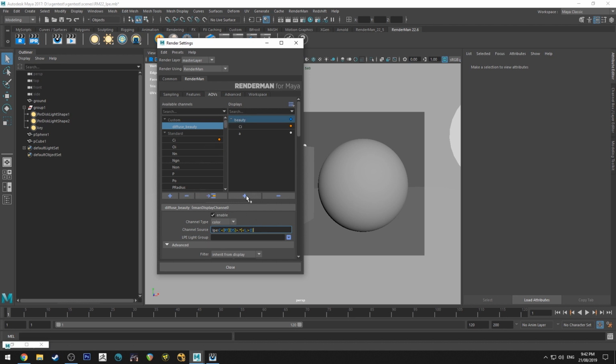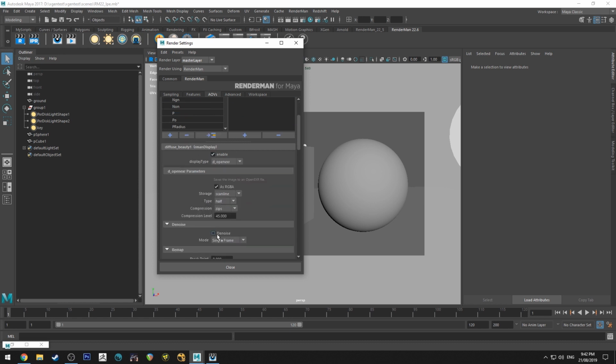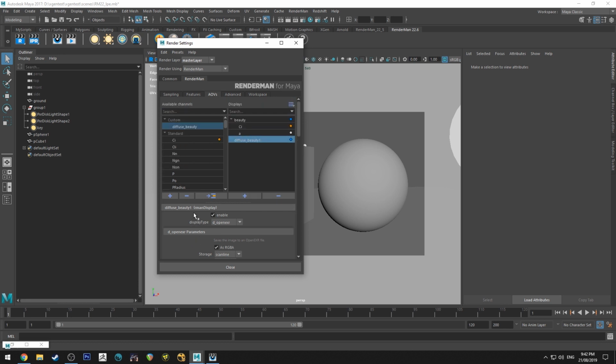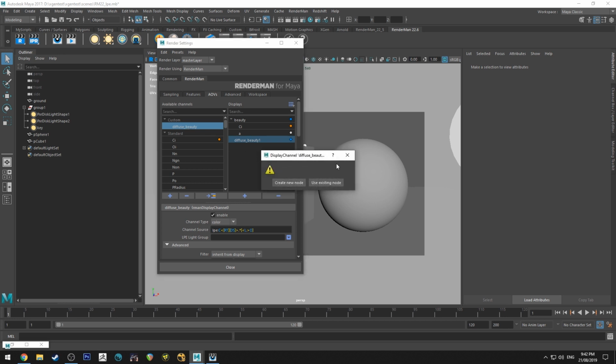So if we want to create that now, we can create a new channel here. Actually, this is what we need to be naming diffuse. Sorry, so this is actually our diffuse beauty. You can call this whatever you want, but this is where you enable the denoise function, so you want to have it in there. Then we're going to select our diffuse. Can I rename that? No, I can't rename that without deleting it. We're just going to leave it there for the moment. It's called diffuse beauty there. You can see it on the right now.